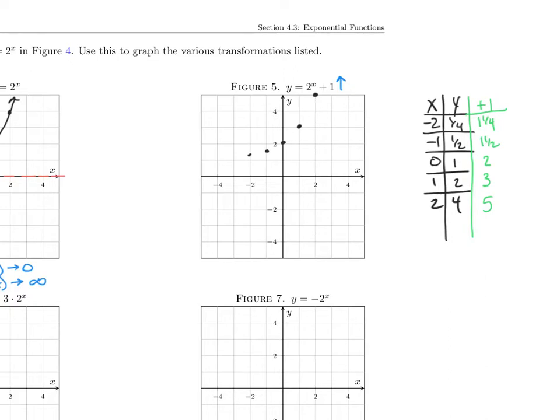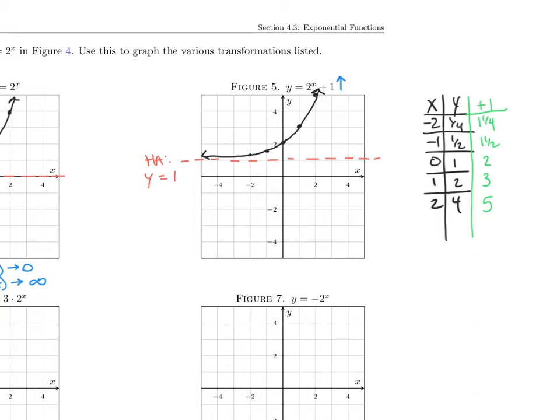And just how we used to have a horizontal asymptote when y was equal to 0, now since it's been moved up 1, we're now going to have a horizontal asymptote right here. I'll actually write this over here: when y is equal to 1. So when we graph, it's going to look very similar to our parent function, except it's been moved